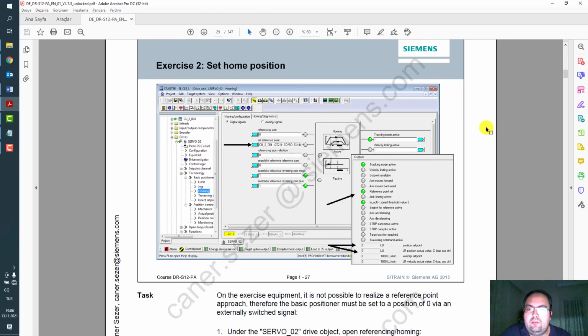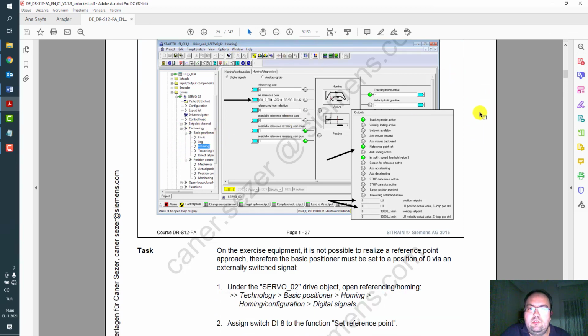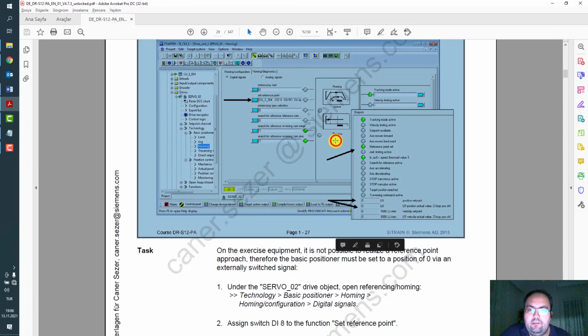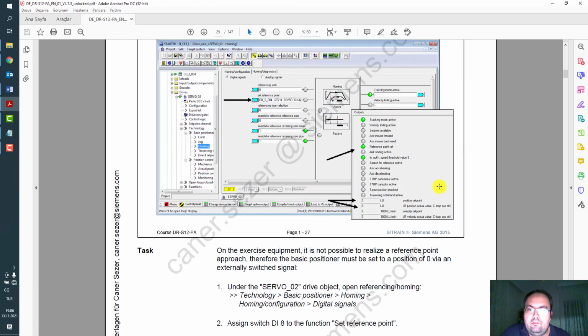So after you download the configuration, you will go online under the settings, homing in technology basic positioner. For setting the home position, the blocks should look like this. When you click here, a new window will open, and you can monitor the LEDs and the